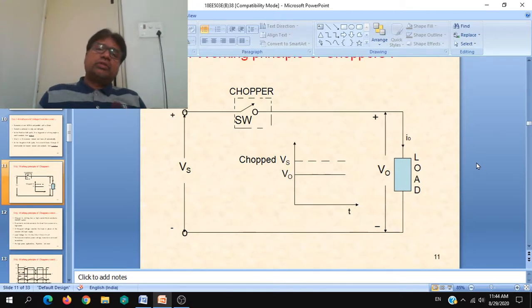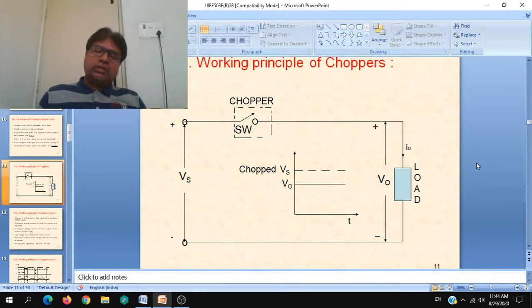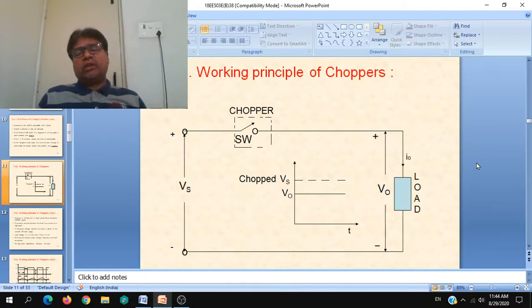So that was how to answer the question on the working of the single phase half wave regulator, and the other question is to explain the working principle of choppers. Again, here also you can explain this elaborately, or according to the marks. Just make it simpler. You have to draw the circuit diagram simply, where the DC supply voltage is given to the load via a switch or chopper, which opens and closes, or turns on and off, at higher frequencies.